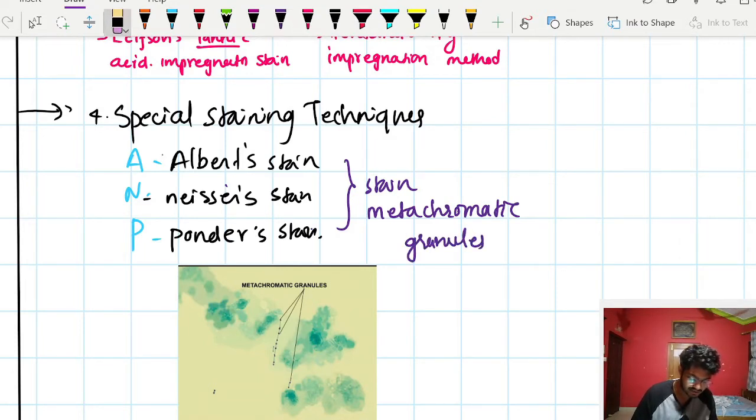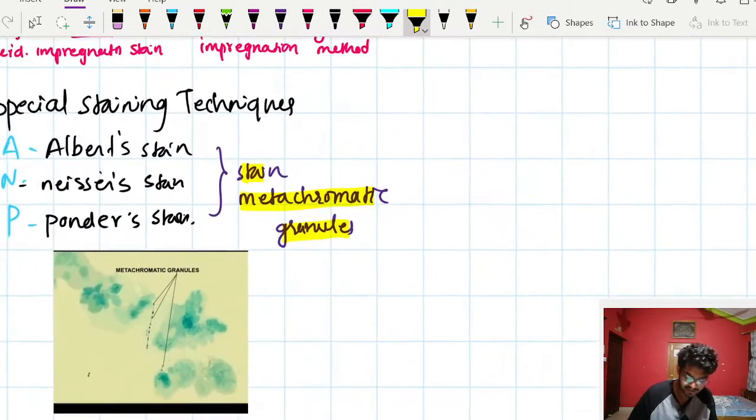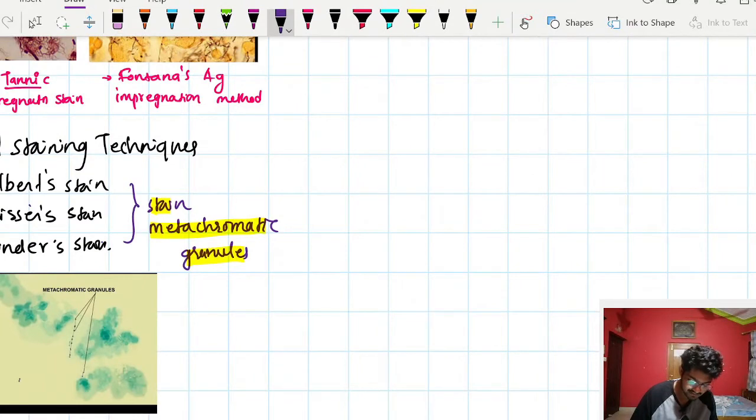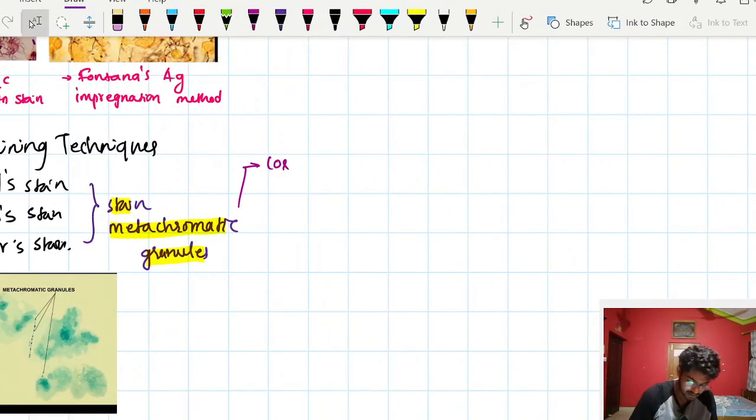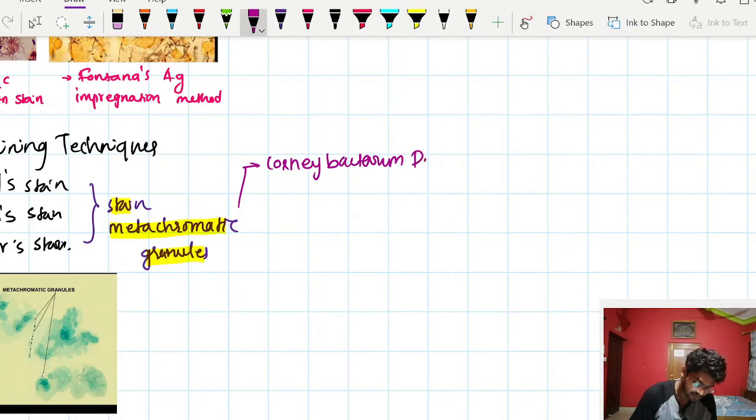You see, metachromatic granules are seen only in a few species of bacteria. For example, we can see metachromatic granules in our famous Corynebacterium diphtheriae. So in order to demonstrate Corynebacterium we have to use a special stain. Usually we use Albert stain. Metachromatic granules are also seen in Corynebacterium xerosis, and also in